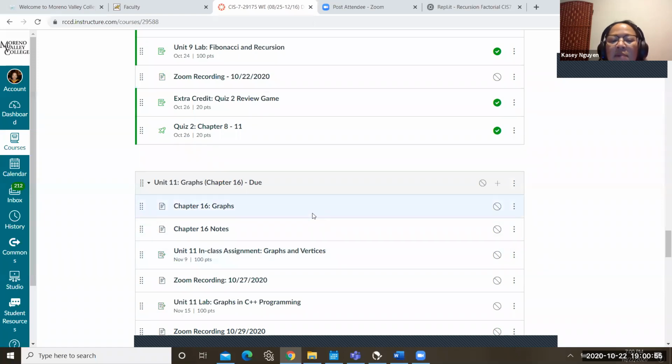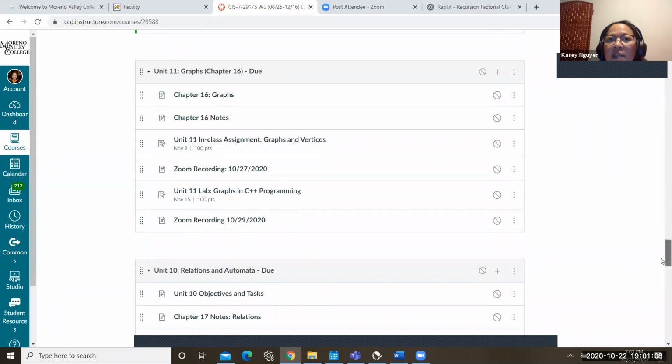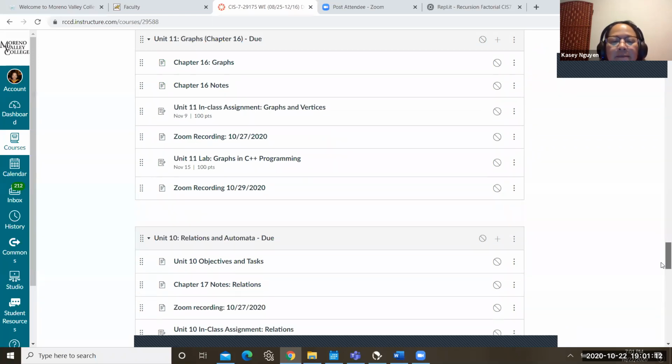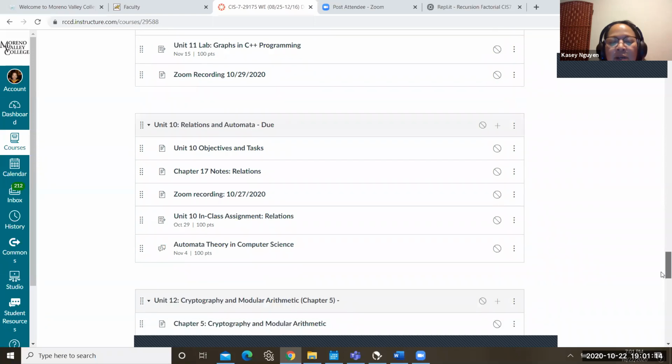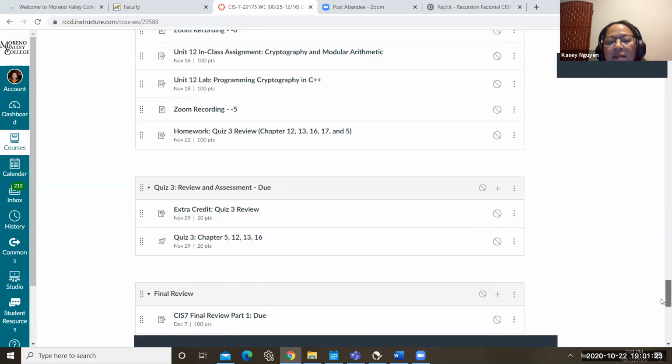So we're going to talk about graphs and vertices, so that we can prepare for our project, understanding graphs, and come back to some of the earlier things we talked about a week or two ago. Then we would get to cryptography and relations at the end.